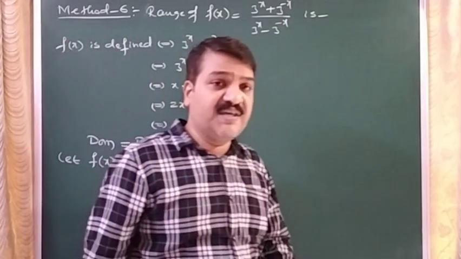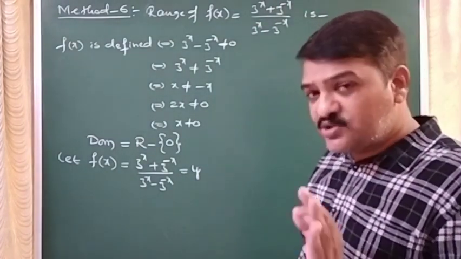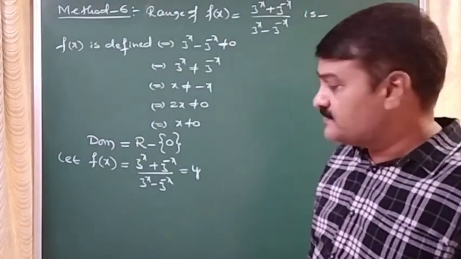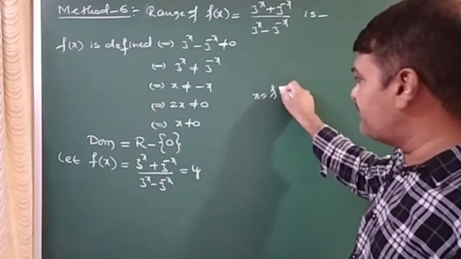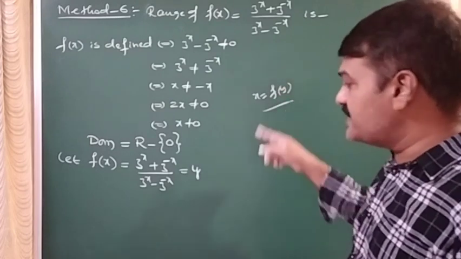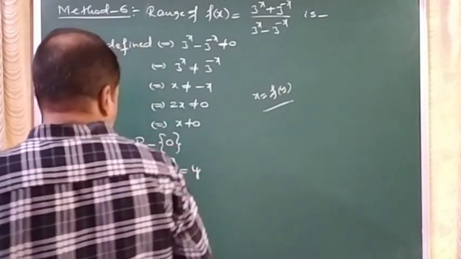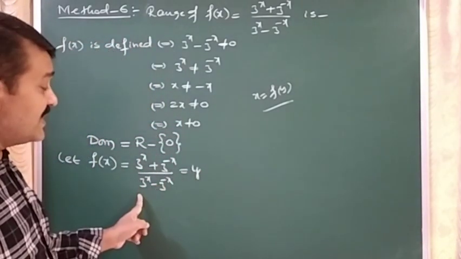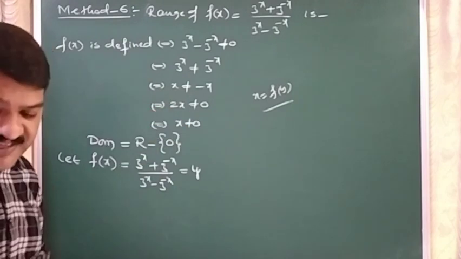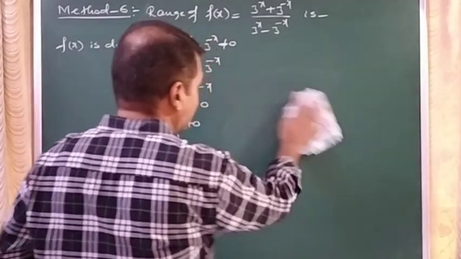And after simplification, I should write this as a function x is equal to f of y model. Means I should write this as x in terms of y. Now this is actually y in terms of x. I should convert it as x in terms of y. So I should try to get this as x in terms of y model.